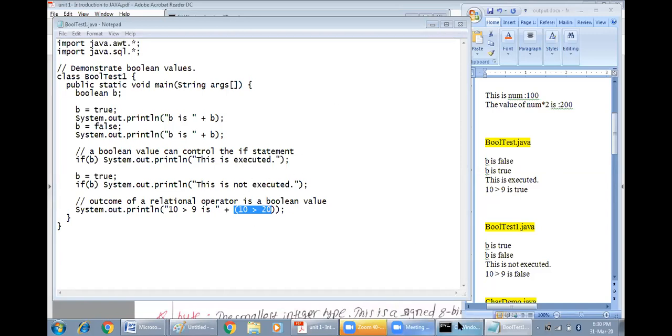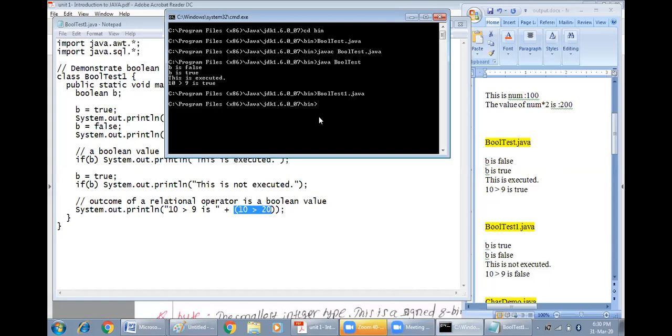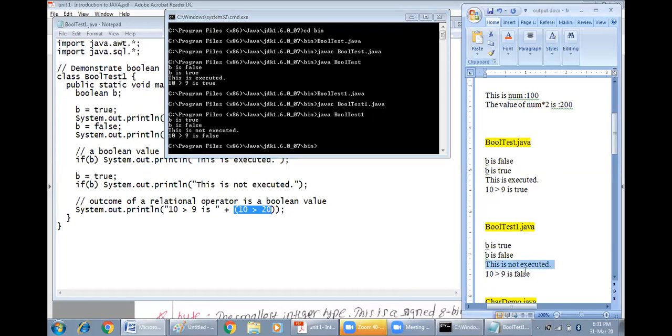Okay, I'll give the demonstration of this program. The second one, that is the tool test 1.java, with the interpreter. Okay, so you can see this was the output we expected. We expected the output as B is true, then B is false.